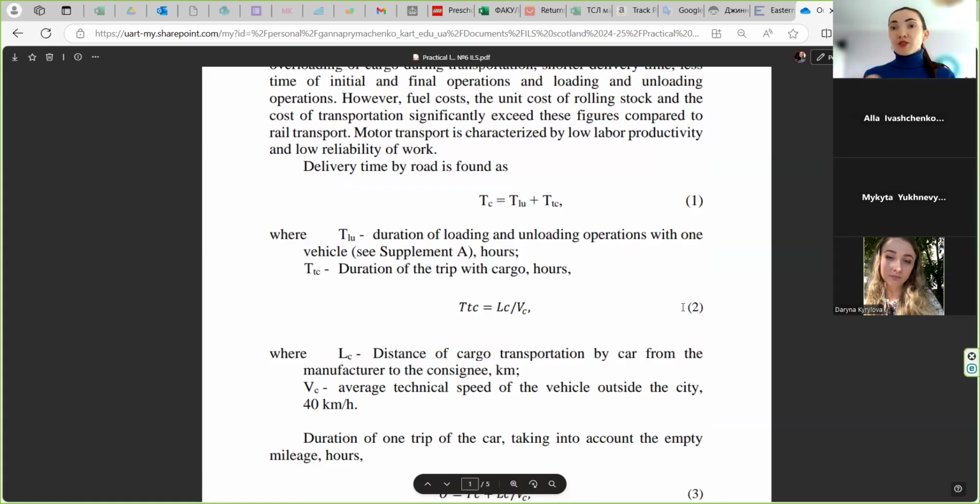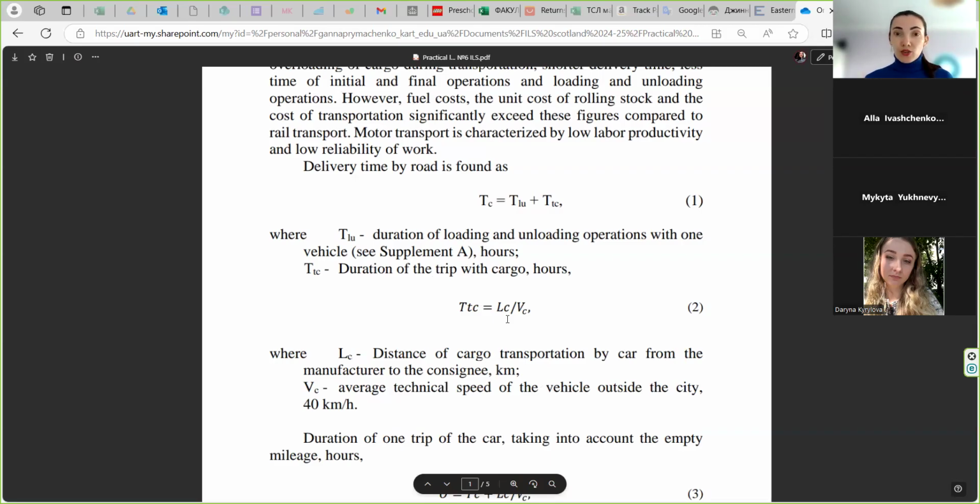We don't rewrite all the information about every point of the cargo transport. The first formula is formula number two. Write T, big T, with index C. It is the duration of the trip with cargo in hours. We find this parameter, and write, please, is equal to,